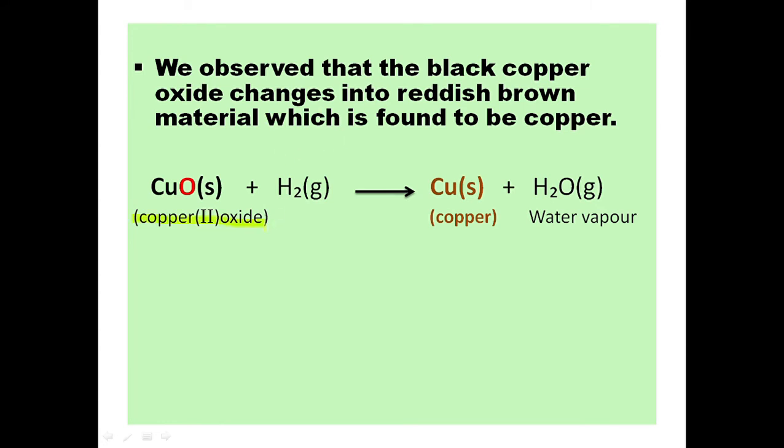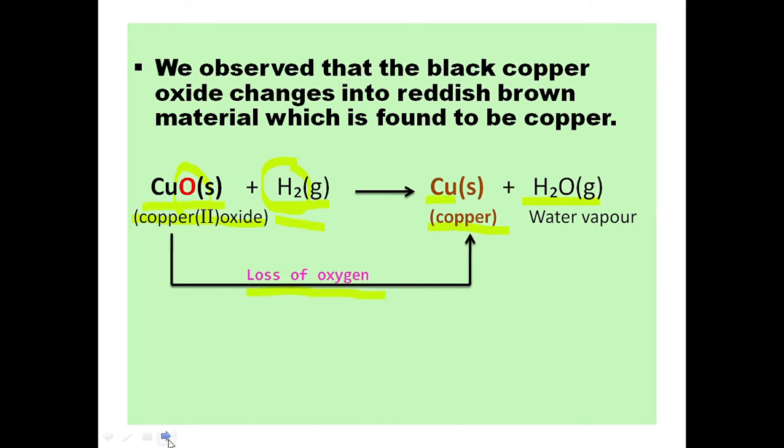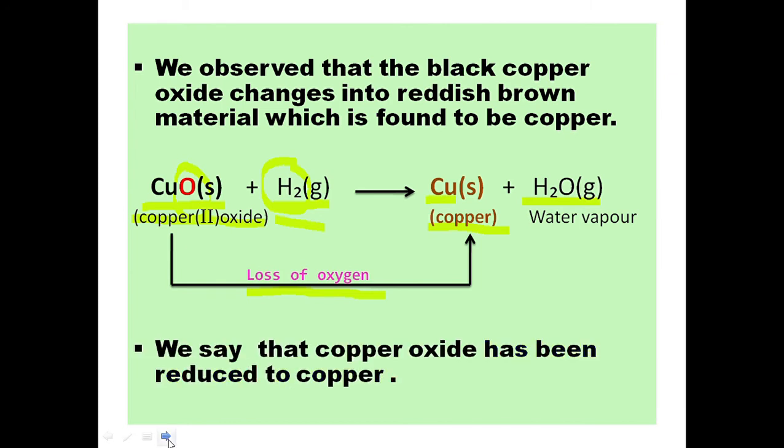Here you have copper oxide, which is the reactant in this case. The 2 over here is nothing but the oxidation state of copper. This you will study in your higher classes. Then hydrogen gas, which we passed over the copper oxide, and we end up with copper again. What happened to the hydrogen and oxygen? They combined to form water vapor. So looking carefully made us see that there is a loss of oxygen happening over here, which explains the conversion of copper oxide to copper with the help of hydrogen gas. So whenever there is loss of oxygen, we say that copper oxide has been reduced to copper. Whenever there is loss of oxygen, we use the term reduce or reduction.